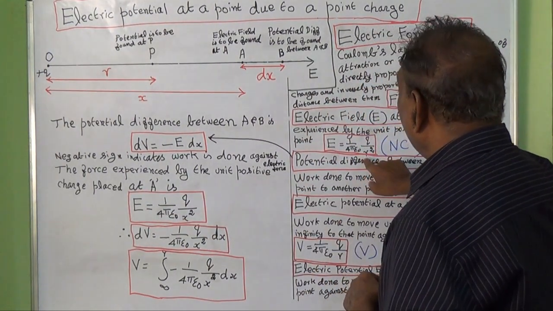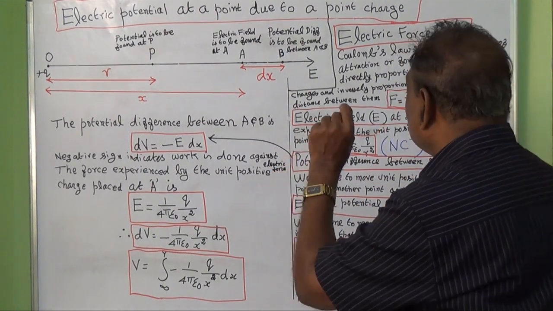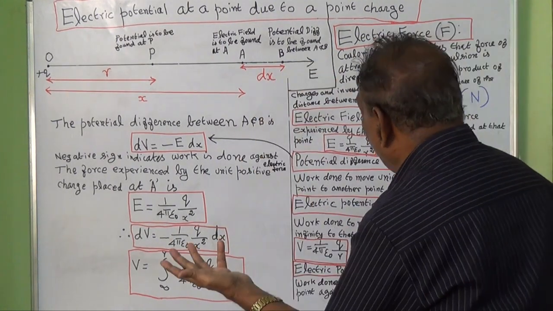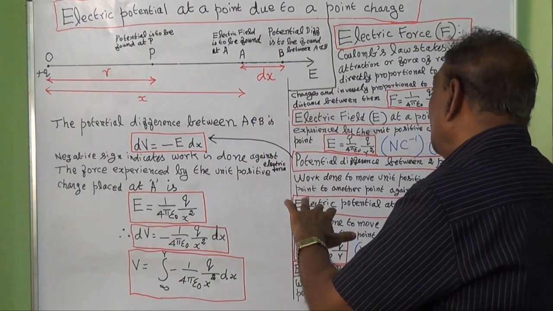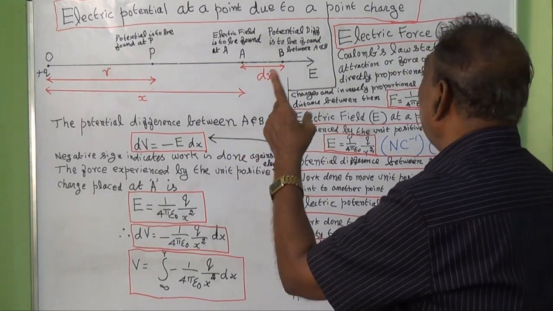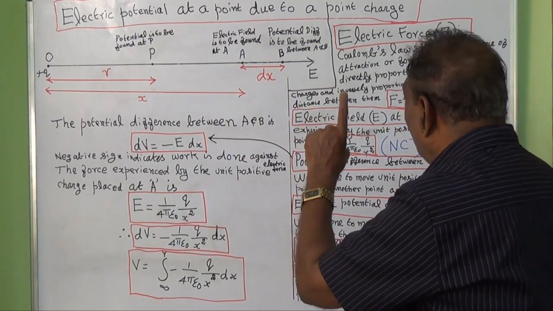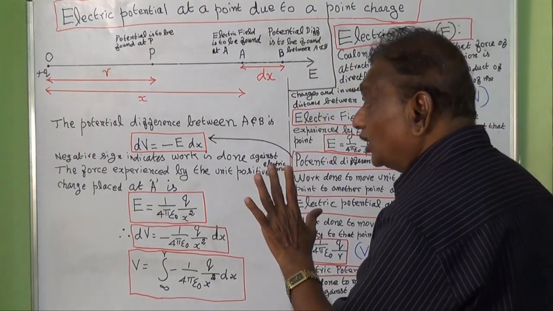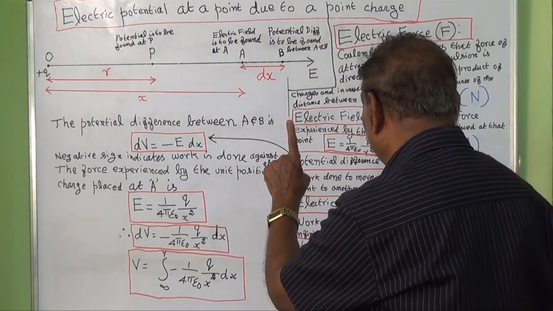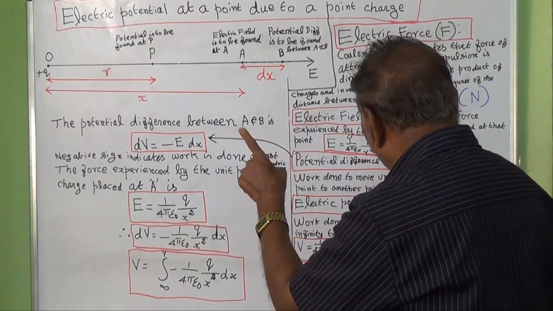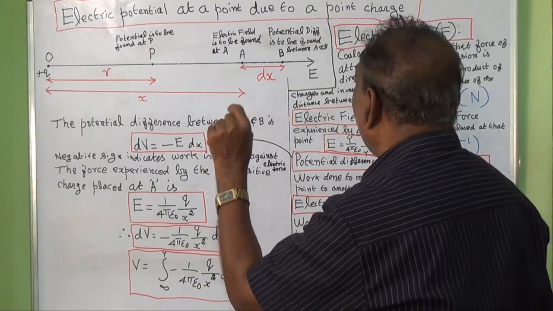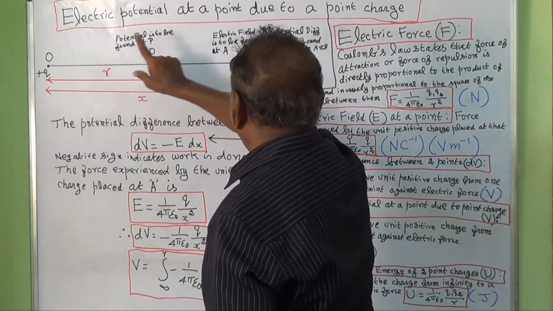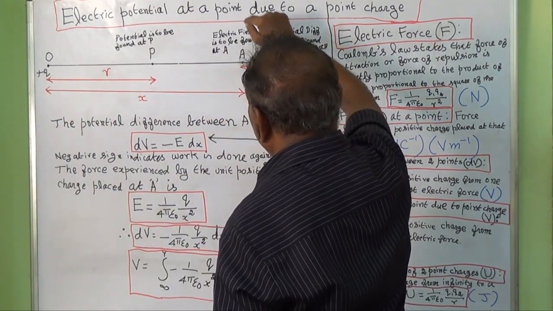This R represents the distance between the charge, whether it may be positive charge or negative charge, from the charge to the point at which we are going to find the electric field. So here, in this case, the distance between the plus q charge and the point A, at which we are